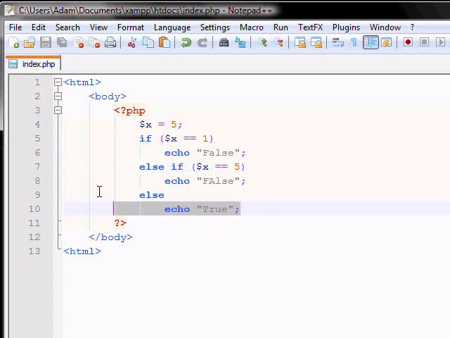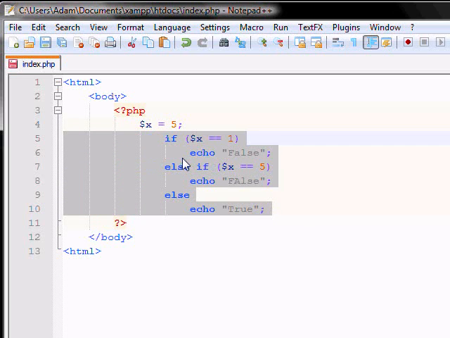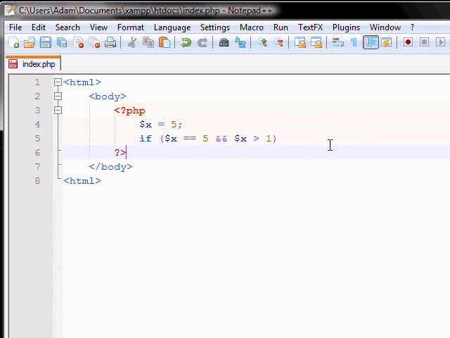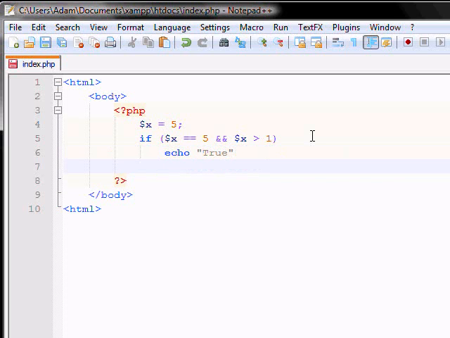So for example, let's get rid of that code and make a new one. If x is equal to 5 and x is greater than 1, we are going to echo true. And else,